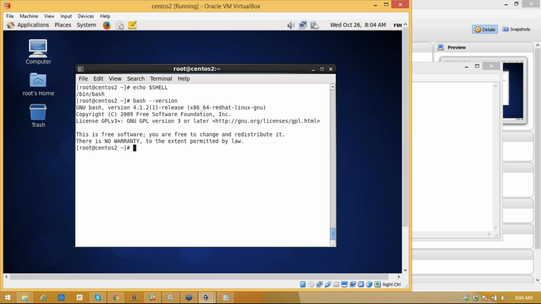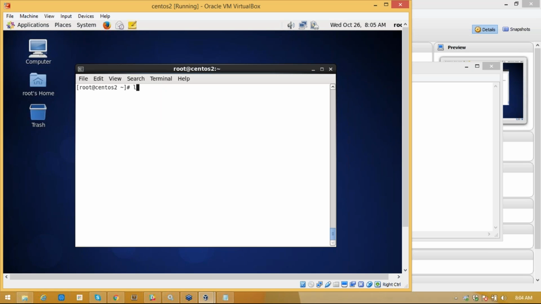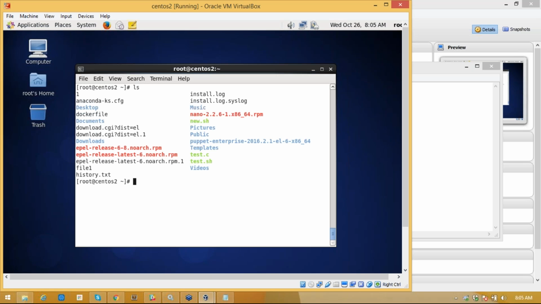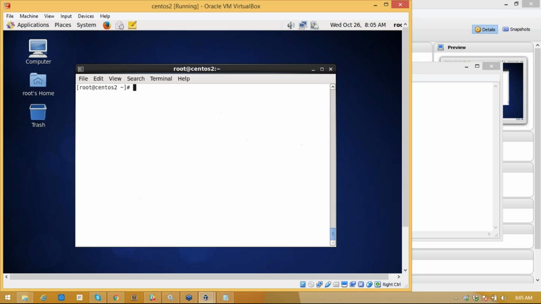So let us start with a small practical approach. We'll try to create a small hello world program kind of thing, and we can see that. Before going to that, let me tell you some basic commands to work with any particular program. We have the ls command to list all the files. We have the pwd command to check the present working directory. I'll share you the command list as well, don't worry. And we have mkdir to create a directory.